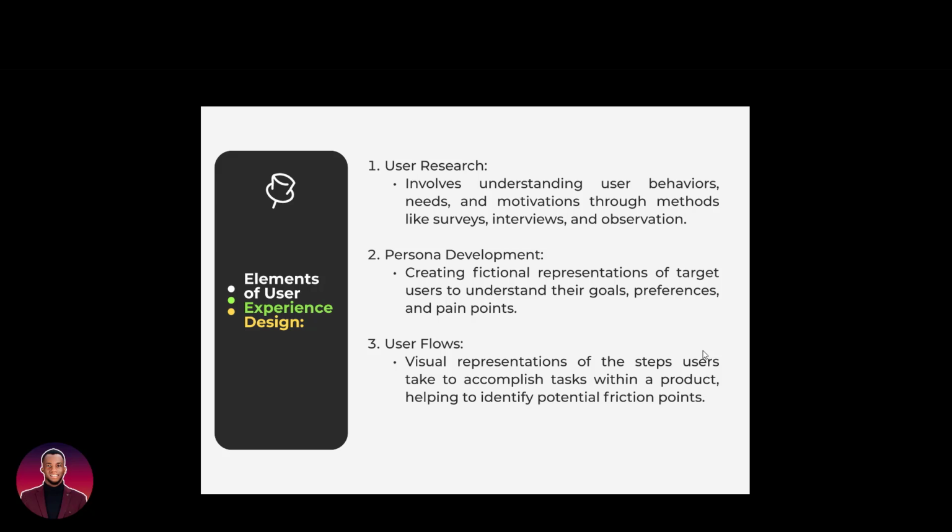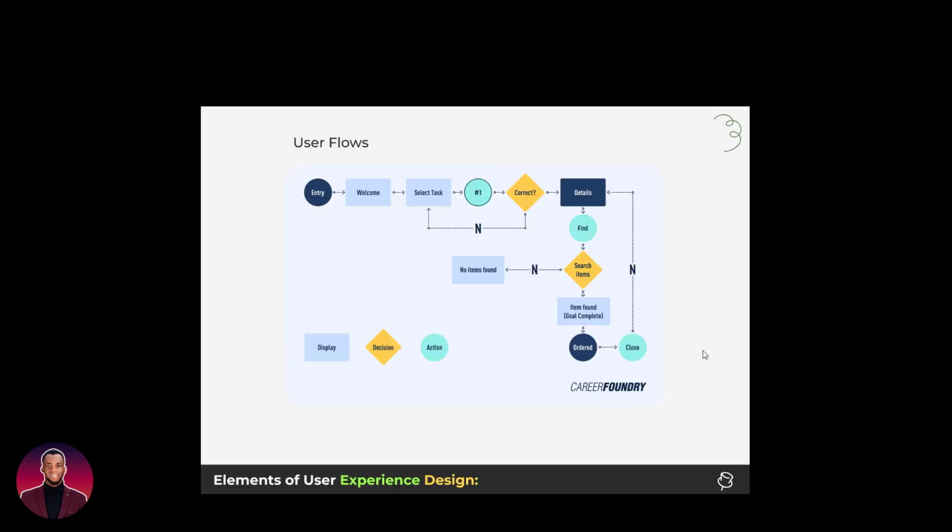Now let's continue. Here is a symbolical illustration of what a user flow looks like. So you have the entry, and then from the entry you have welcome, you have select task, and you have all these a string here, and then you have correct, maybe this string is perhaps testing the task you selected, if you selected the right task or not. Let's say what could be a perfect example for this? Let's say a login